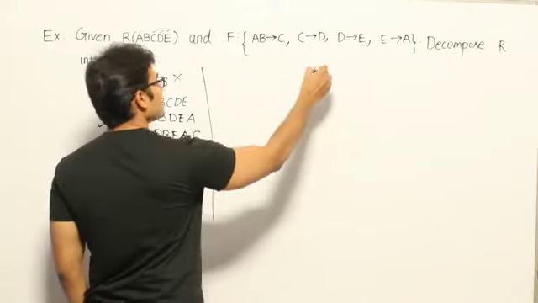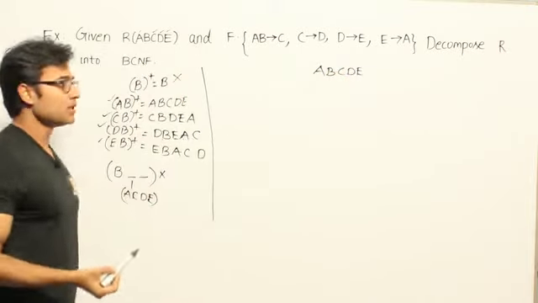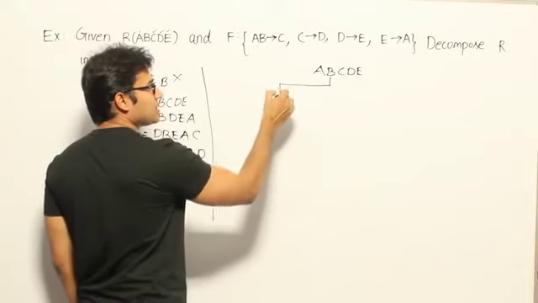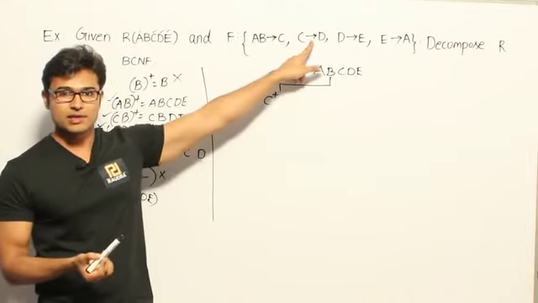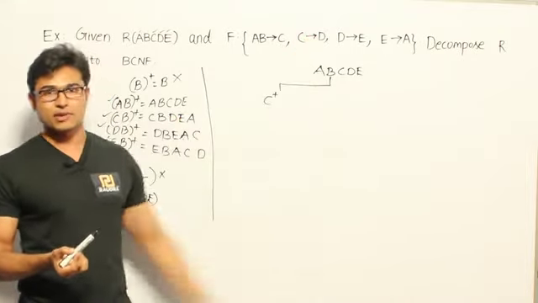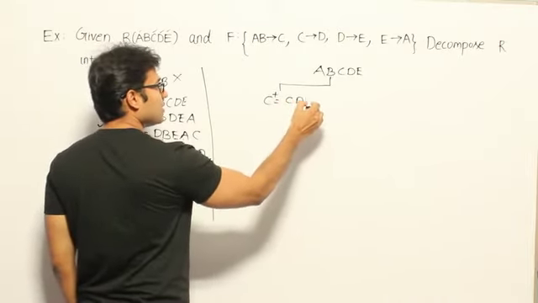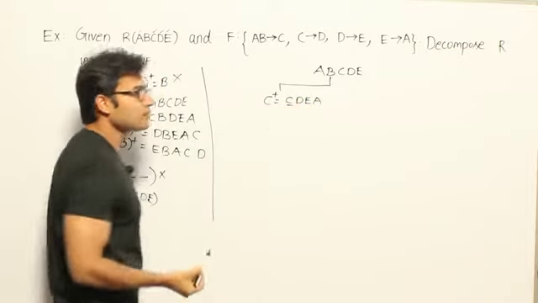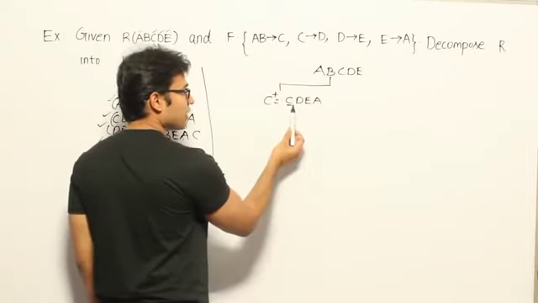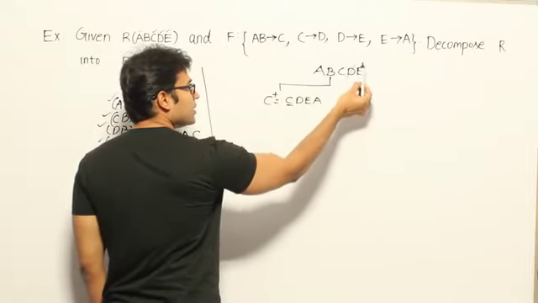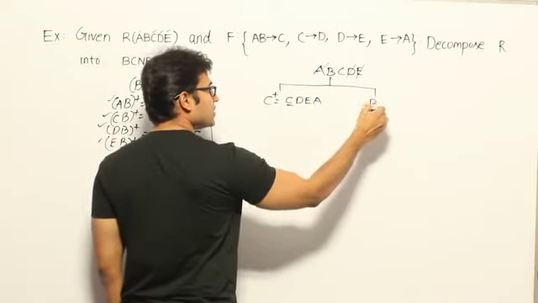Okay, now let's try to see. A, B, C, D, E is the table. Now find out C plus. Why am I finding out C plus? Because this is the first functional dependency I came across which is not a super key. Left side is not a super key. That is why I am finding out C plus. If I find out C plus, I am going to get C, D, E and A, where C is the candidate key, right? Which means C is going to take away with it D, E, A. Let C be there, therefore the other table will be BC.